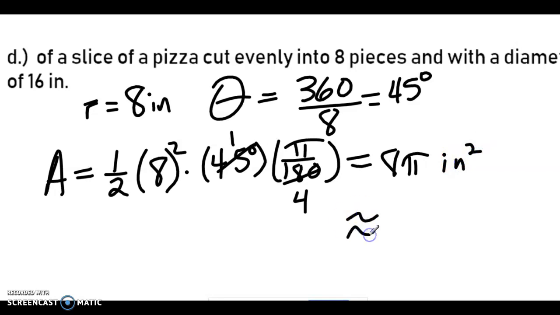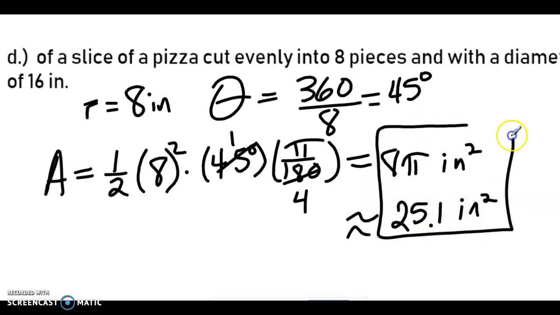And then 8 times pi, 25.1 inches squared. So that's how big of a piece of pizza you're eating there. Next time you go for pizza, I expect you to measure the diameter and then determine what the area is of the piece of pizza that you're eating. Okay? Actually, we should probably do that like as a